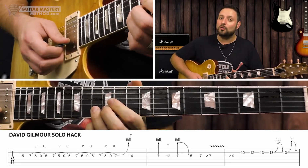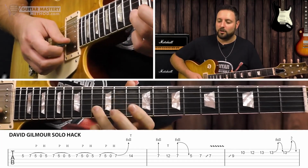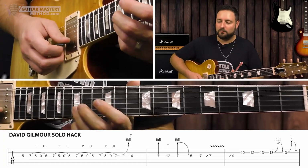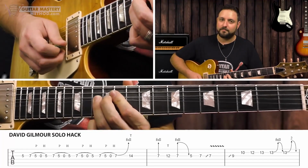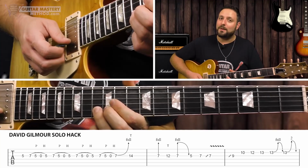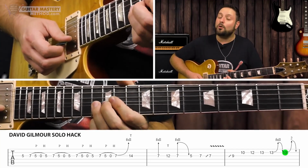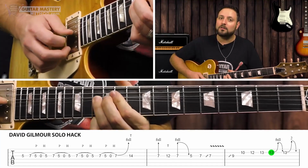And we start by doing a whole step bend. So remember, we're bending the distance of 2 frets, right? So if we go up 2 frets, 1, 2, we're bending to this note. But then we do that whole step bend, release it, and then we're going to bend again, but we're going to try and reach 2 whole steps. So we're going,